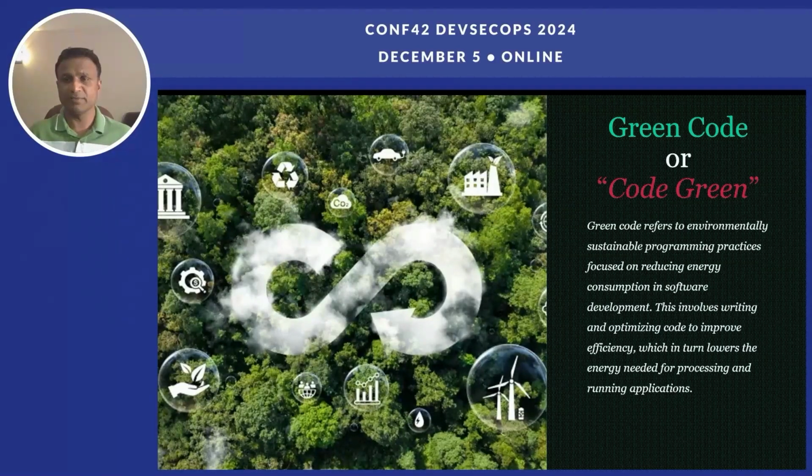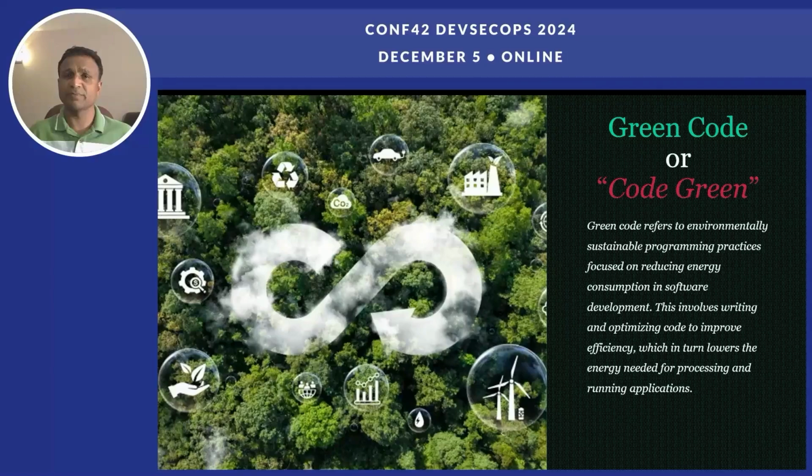I am Clifton Reddy, and by profession, I am a software development manager. Today, I'm going to talk about green code, a possible process to reduce your carbon footprint in the DevOps arena. So what is green code, and how can it be integrated into operations to reduce the overall carbon intensity? Just as code red signals a security issue, should code green signify the need to prioritize carbon emissions and